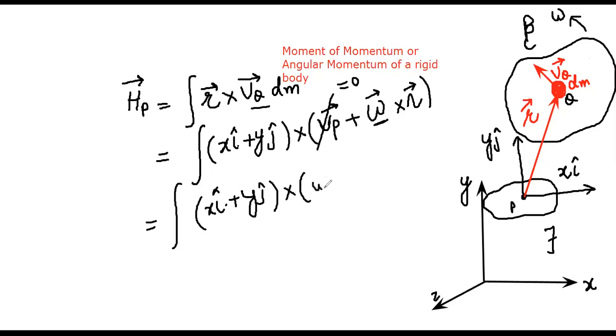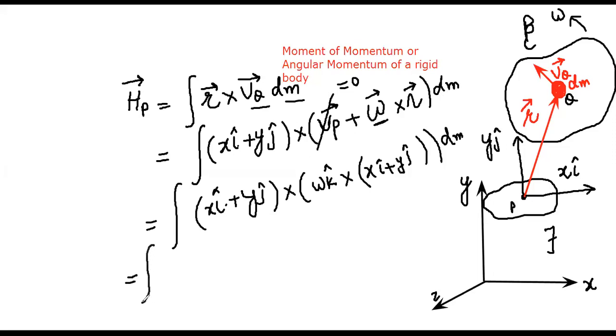So I can write the omega vector as omega k cap, in cross product with the r vector, and I know the r vector we are writing in terms of its components as x i cap plus y j cap. This is fine. And I have the product with dm, so I will write here this is dm. This can further be written as the integral of x i cap plus y j cap